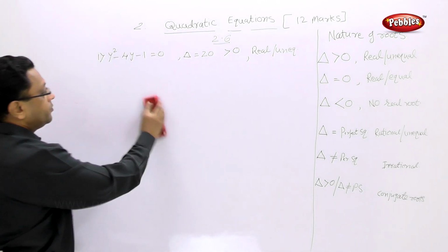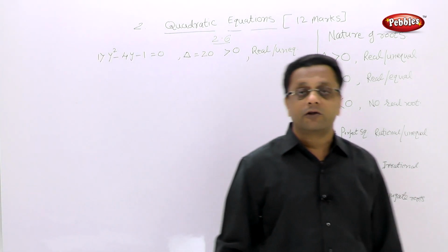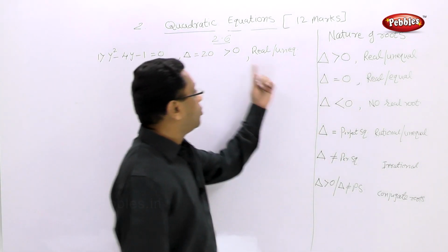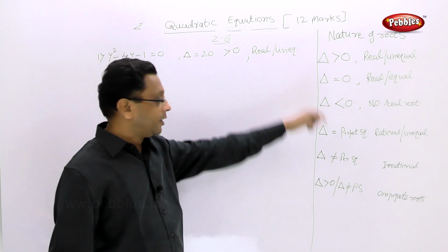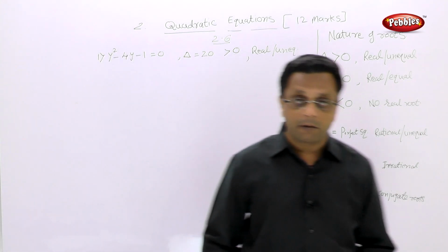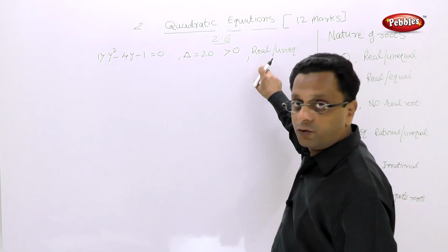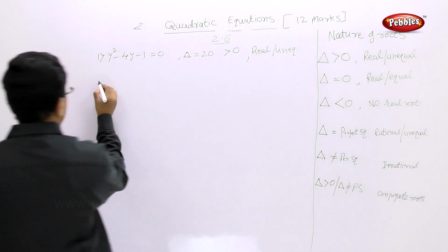So of course, even if you don't write this, those are conjugate roots, that is okay. Your answer can be limited only up to real and unequal. No need to say that those are conjugate roots. If you write, it is okay. If you don't remember, if you don't write, that is also okay. But at least this much answer you should have. So the second one is